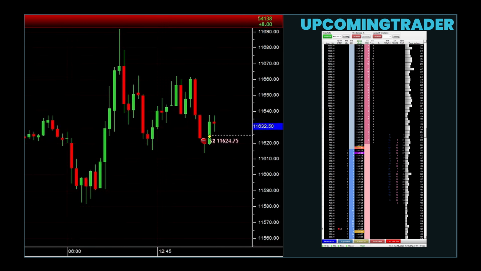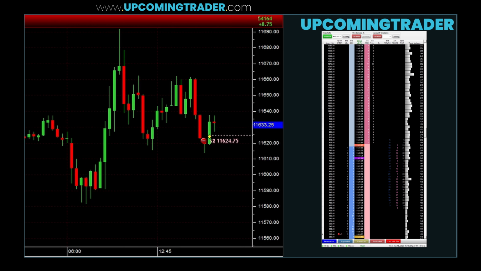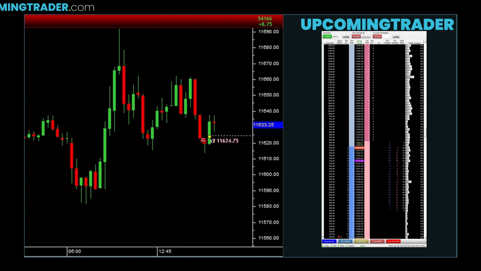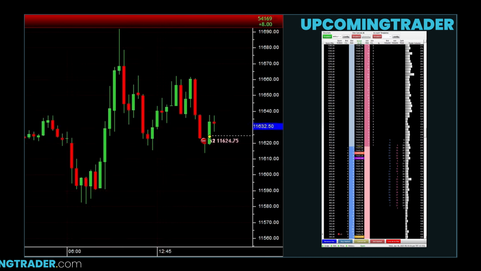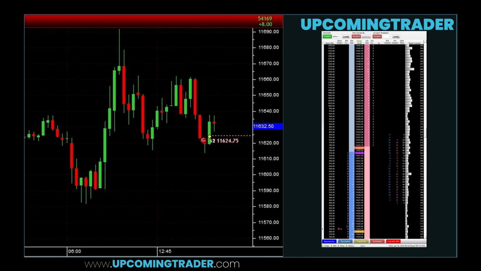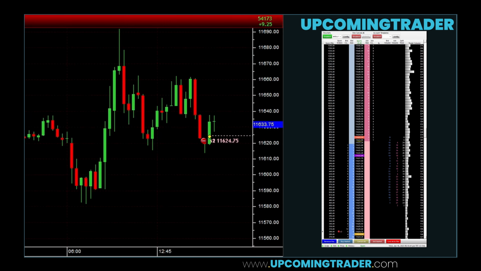A P-shaped profile suggests a strong upward movement followed by consolidation, typically signaling that the market may continue its upward trend or pull back to key support areas. A B-shaped profile indicates a significant sell-off followed by some stabilization, hinting at potential accumulation by buyers at these lower levels. On a trend day, when the TPO profile stretches consistently in one direction, traders can use retracements